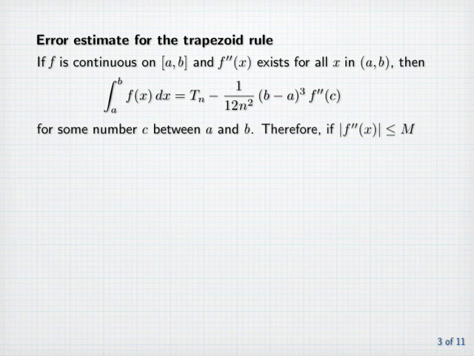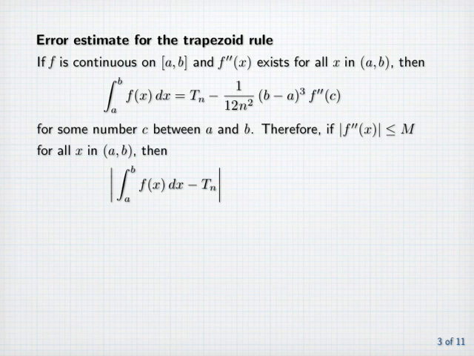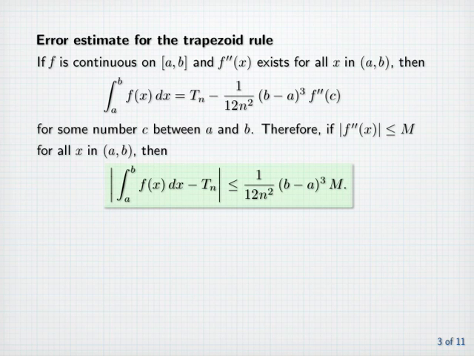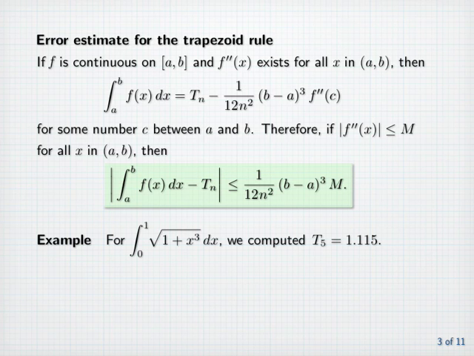Therefore, if the absolute value of f double prime of x is less than or equal to some number M for all x between a and b, then the absolute value of the difference between the integral and the trapezoid rule approximation, that is, the absolute value of the error, is less than or equal to 1 over 12n squared times (b minus a) cubed times the number M. So we can compute an estimate for the absolute value of the error, provided that we can find such a number M. Now, for example, for the integral from 0 to 1 of the square root of 1 plus x cubed dx,